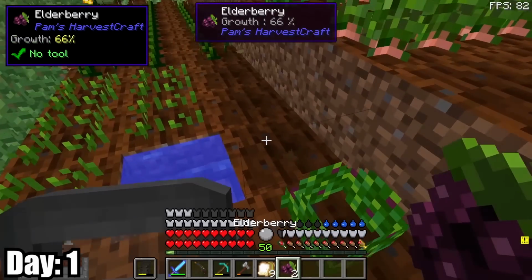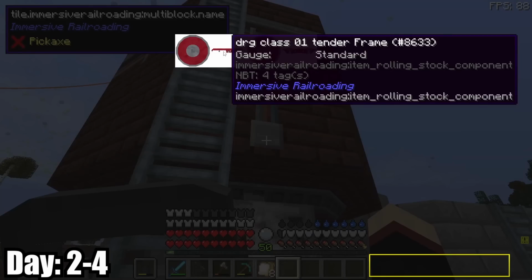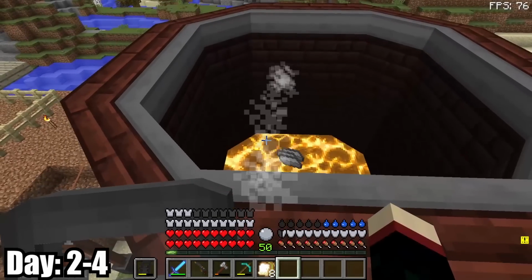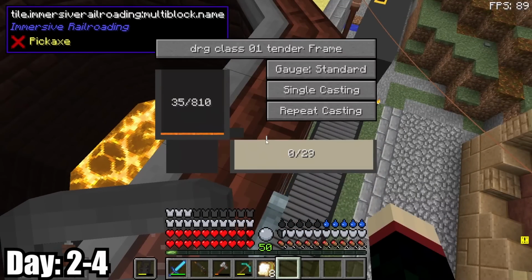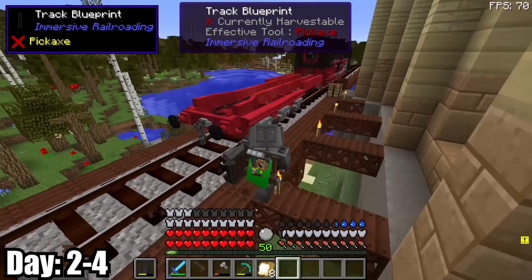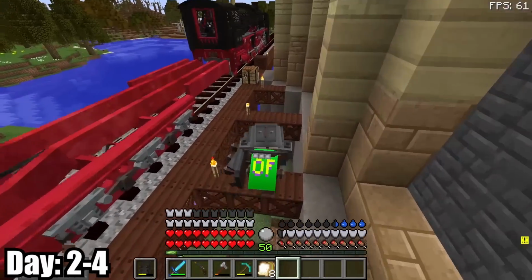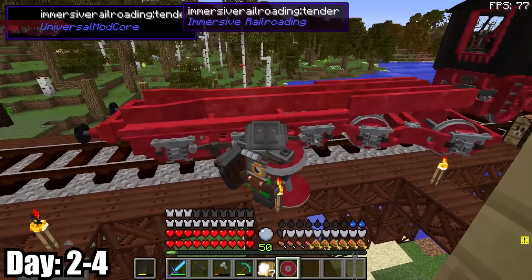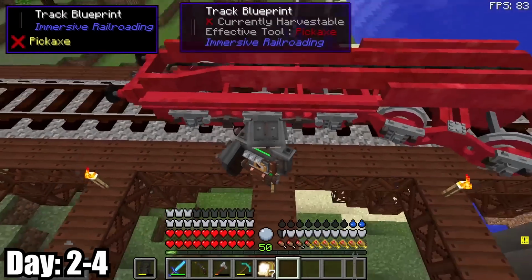I looked at the various tenders I could make for my train the next day and I selected one that looked like it went with the locomotive I already had. The frame is only about 30 steel ingots instead of 120 for the locomotive, so that's nice. But I was still super low on steel and only able to make the frame and the wheels to go with it, because it needed a bunch of extra large plates which are made from steel blocks,